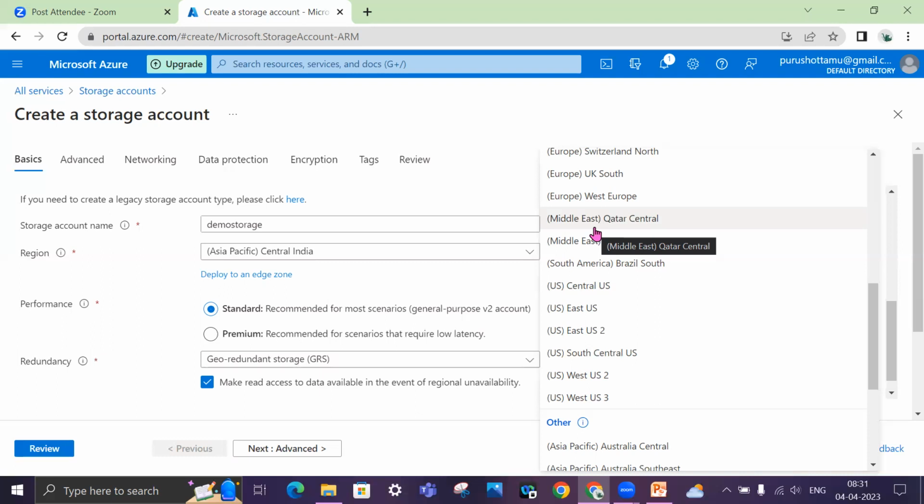So there are a lot of permutations and combinations while designing a storage account. There are regulatory laws, there are region level laws, and there are country specific laws, so you need to be careful and mindful about all those things. For example, you are designing an app related to healthcare, right? For healthcare, as per the country's law, you have to store your healthcare data in that country only. You cannot take it out of that, right? The same thing with financial data.